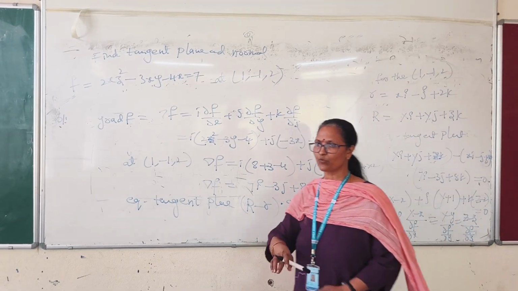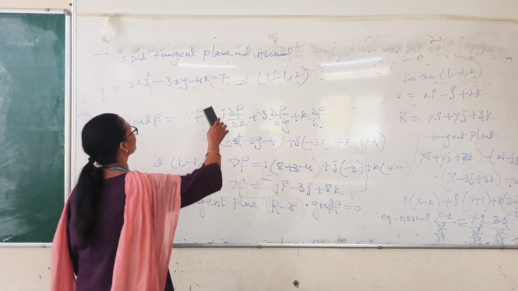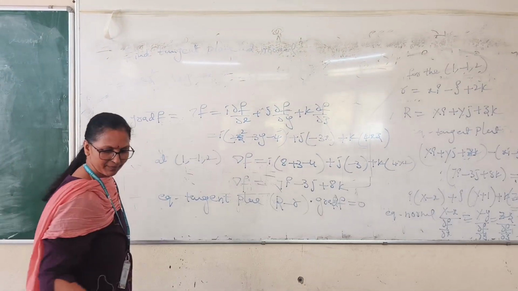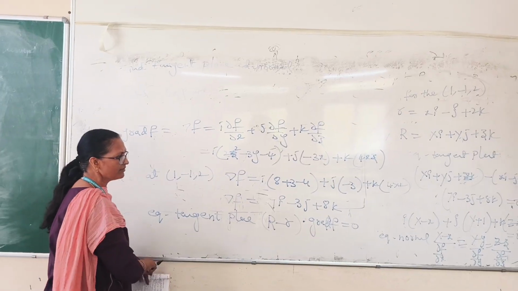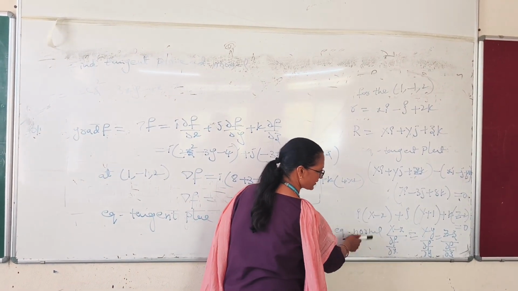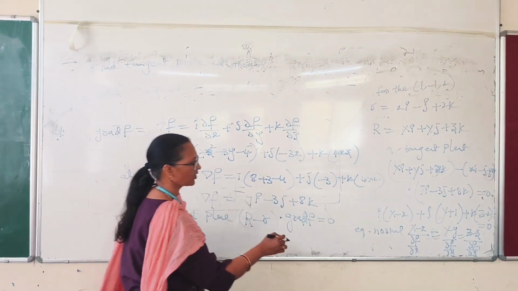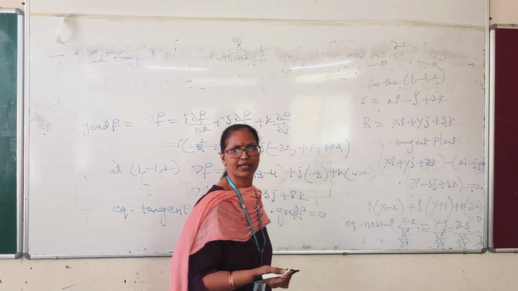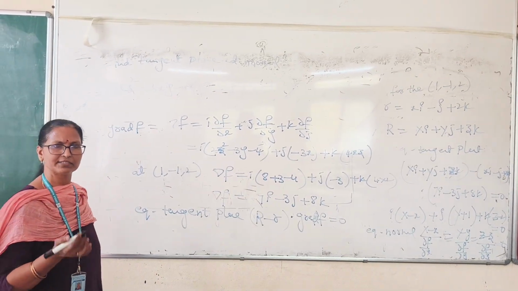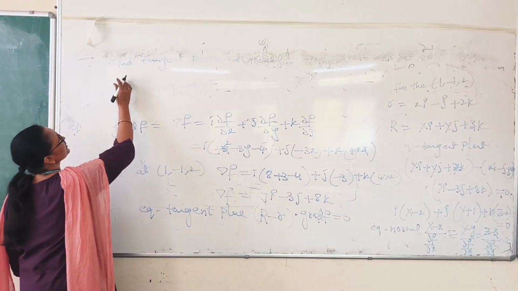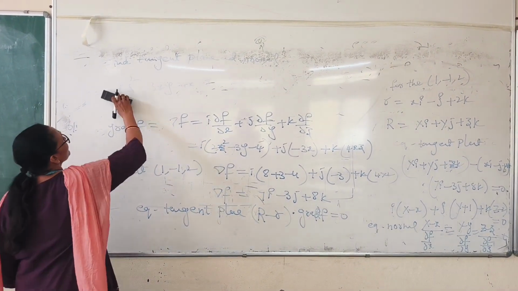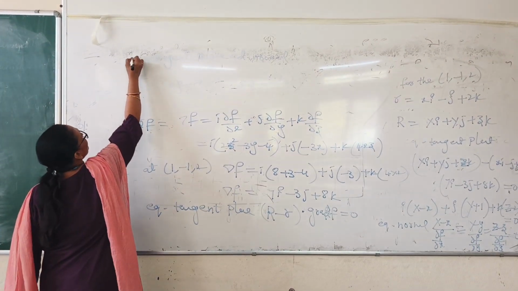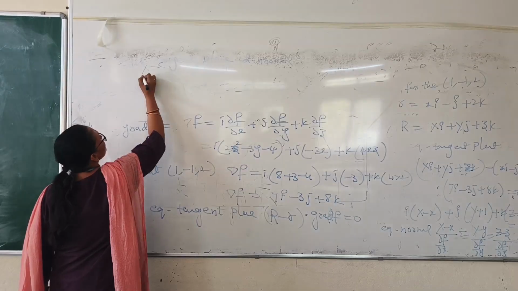So let us substitute into that equation of the normal. In this equation of the normal, what do we have to take? Capital X minus x1 by, already we have done these partial differentiations here. So what is dou f by dou x? Only these partial derivative terms, but the partial derivatives are also substituted. So what is the coefficient of i? We can write this directly, because in the grad f we substituted this: dou f by dou x. After substituting, what is this value? First let us write this: 7, you can write the constant. Capital Y minus small y1, the coefficient of j is minus 3, and Z minus capital z1, the coefficient of k is 3.